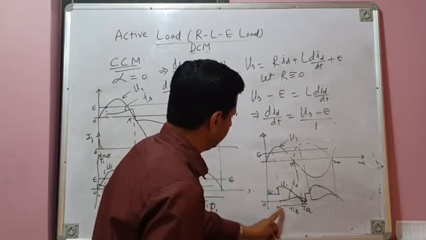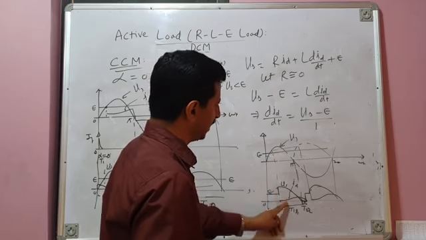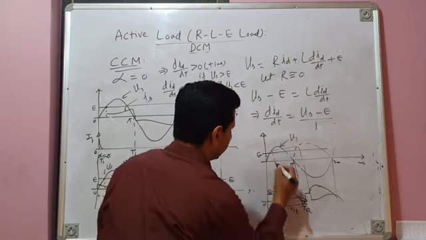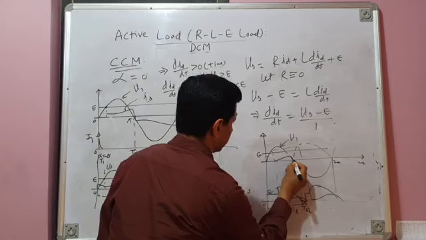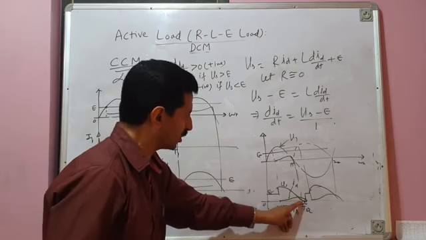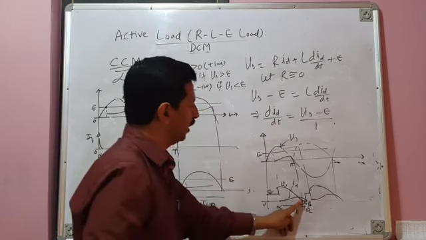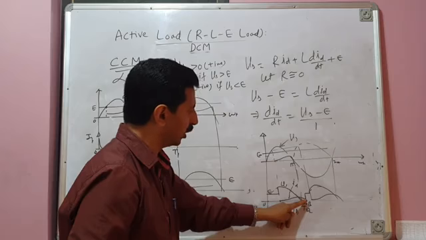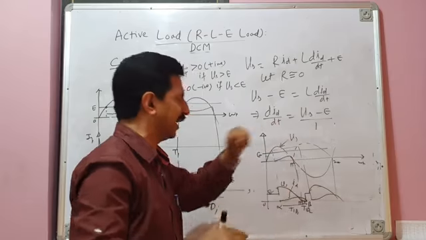Now you can see when the T1 D1 pair is conducting, the source current is the same as the load current. So the T1 D1 pair conducts from here to here. So this is your source current. Source current becomes 0. After that, this is pi and this is beta. From pi to beta, load current is still flowing, but it is freewheeling. It is not coming from the source. So source current becomes zero right at this instant.